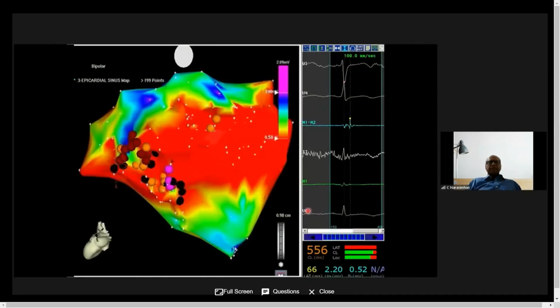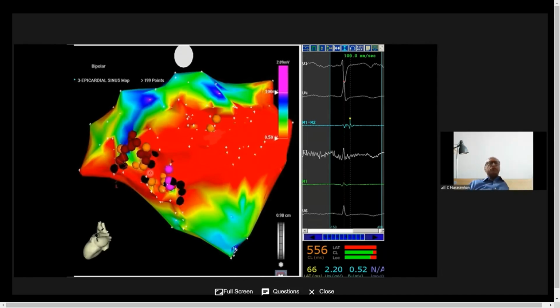This is a patient with a large epicardial scar in the posterior area of LV. You can see a late potential there. So whenever you have the posterolateral LV, this is where the phrenic nerve runs. So what I've labeled here, we pace at high output and tag all the areas where the phrenic nerve is captured. So I can't ablate these areas for fear of causing a diaphragmatic palsy,